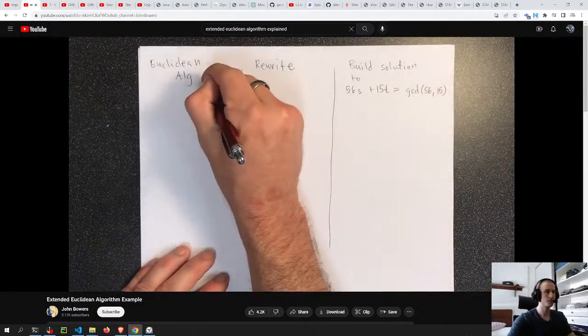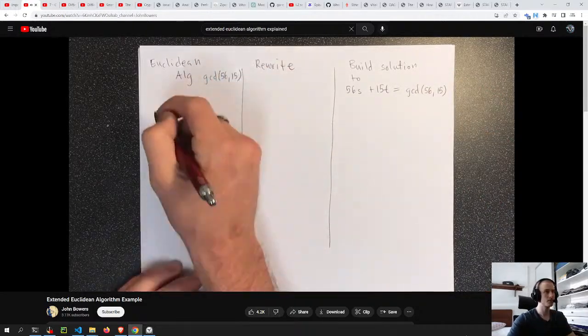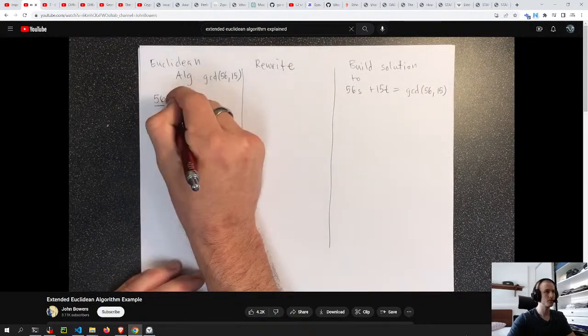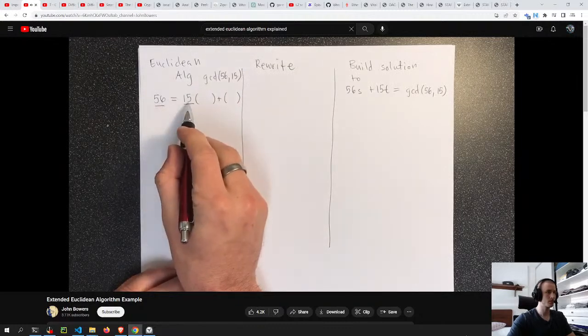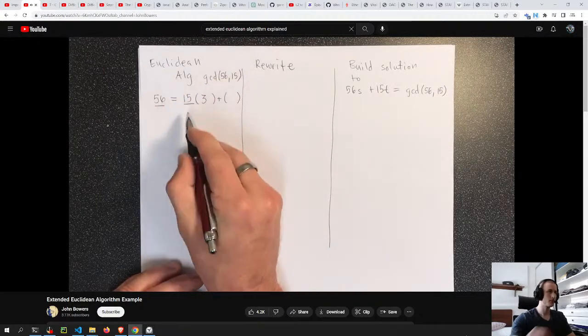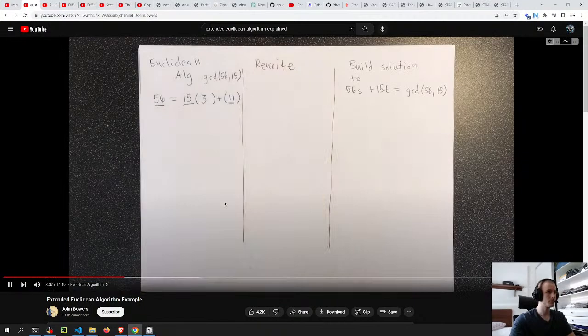So we're just calculating the GCD of 56 and 15. So we start by putting 56 on one side, setting it equal to 15, and then finding the quotient and remainder of 56 divided by 15. So you should be able to see that the quotient is 3, which is going to give me 45, and I have a remainder of 11. It's going back to your fundamental theorem of